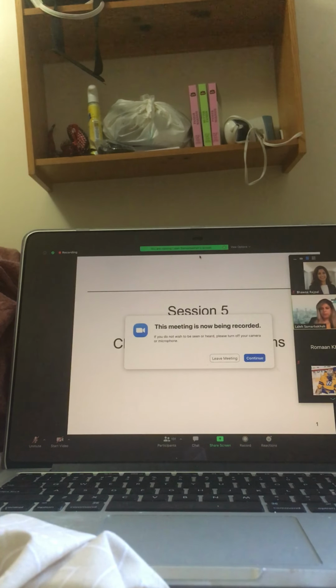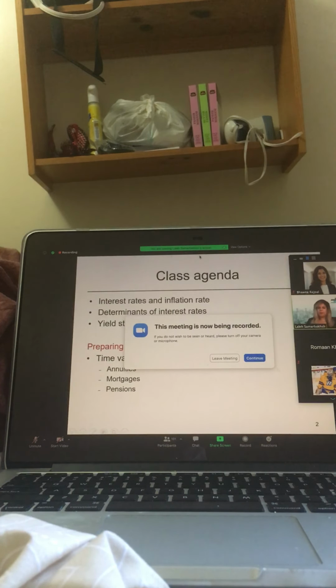Okay, so today's agenda, we're going to talk about interest rates. So last week we learned APR, EAR, EPR. So we learned three different rates and the conversions between them. We're also going to talk about 2 more rates, like what it is when we talk about inflation rate and how we can actually include it in a rate. Do we have a name for it? Yes, it's nominal versus real. So we're going to talk about these 2 rates. Everything we learned today, the new part, is about the effect of inflation.